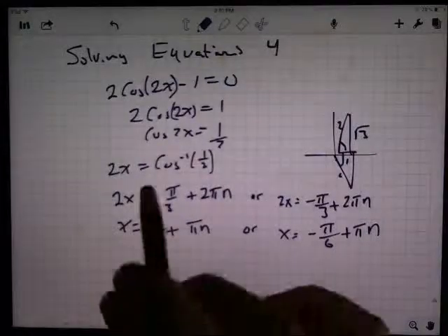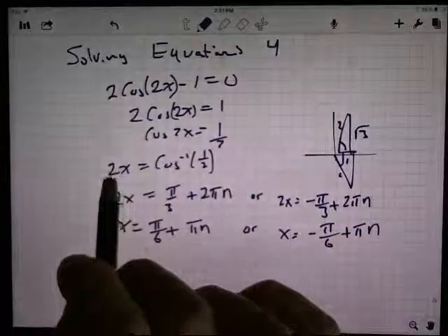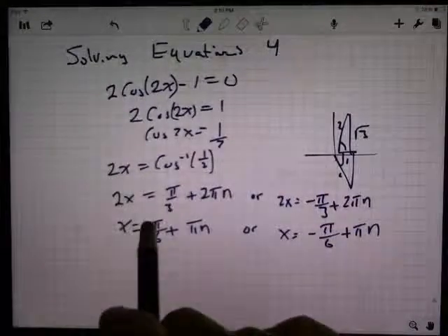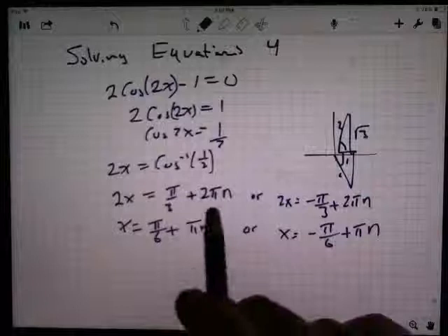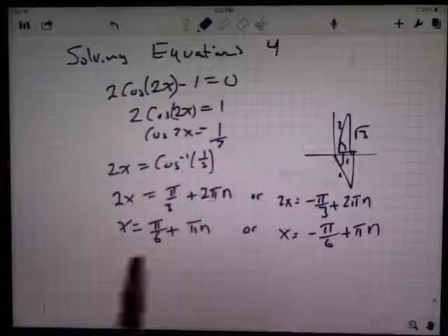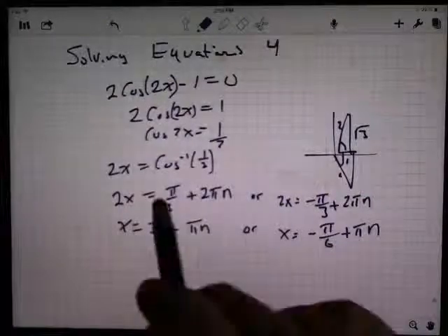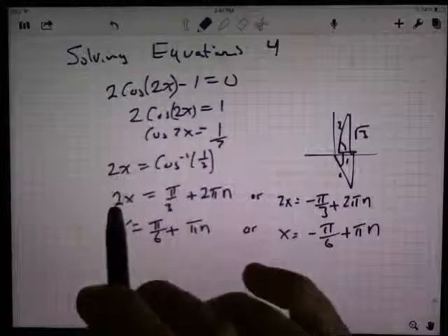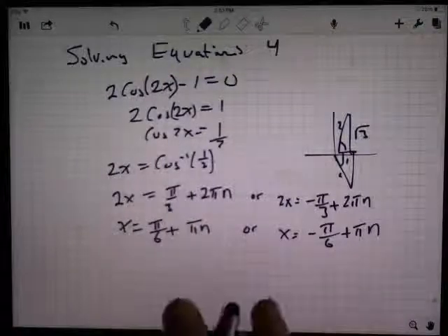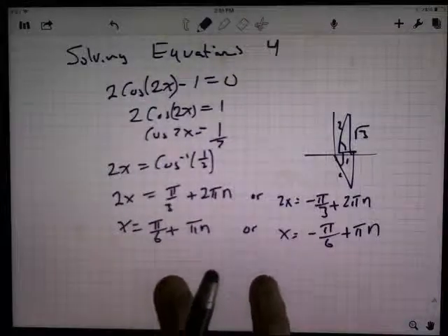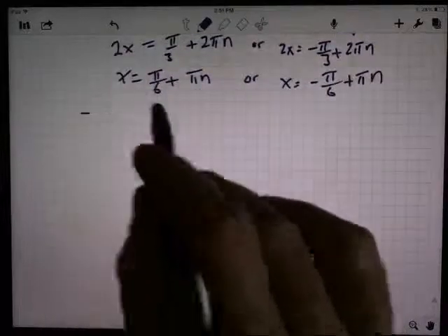If this had been a 3x in there, then I'd have had a 3x here and a 3x here, and I would have divided everything by 3, and this would have looked like 2 pi over 3 times n. Whatever that number is, it just ends up here and you divide by it. Okay, that being said, my next example is